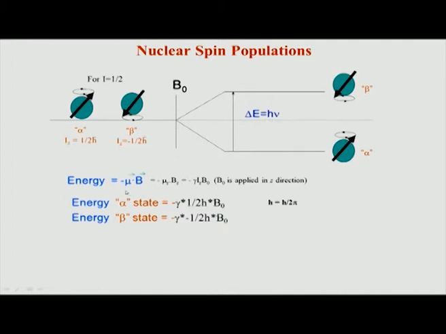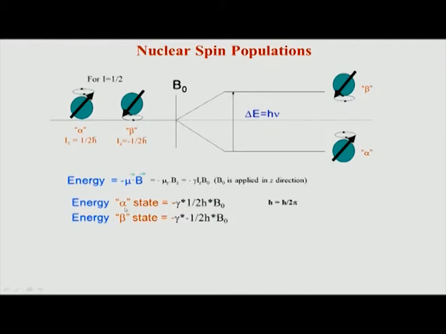So, we can calculate what this delta E is going to be, and that comes from this formula. Whenever you have a spin which has a charge, a nucleus, remember, has a spin and a charge, so it has a magnetic dipole moment, mu, and that interacts with the magnetic field B. Both of these are vectors. So, we take a dot product, and that dot product turns out to be this, if you consider that B0 is applied in the z direction. This is the energy value we get.